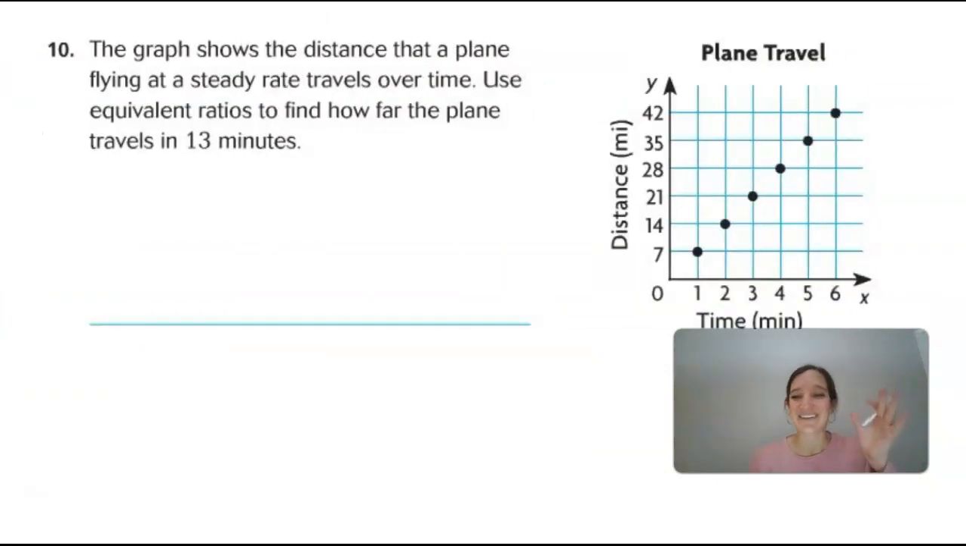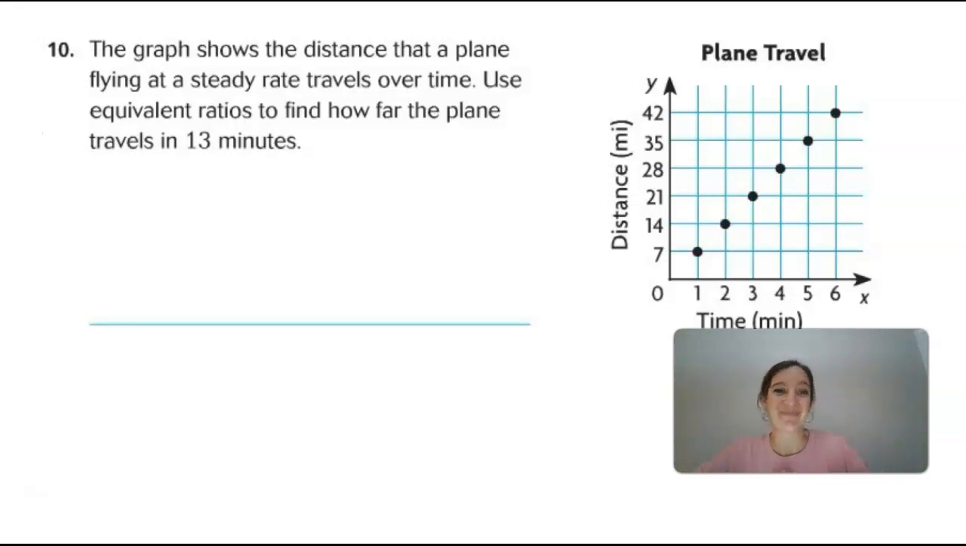Okay, now let's see how well you do. The graph shows the distance that a plane flying at a steady rate travels over time. Use equivalent ratios to find how far the plane travels in 13 minutes. The graph only goes to 6 minutes, so